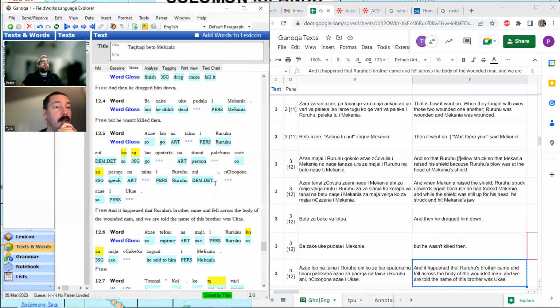Okay. And it happened that Ruruhu's brother came and fell across the body of the wounded man. Oh, Taina's going to be the brother. Tasi. Ho ho. That's interesting. The C went to 0, so this is the real thing. Now, all right, I'm glad you proposed that. We're talking about TACI, right? Which we already said. So going back to,